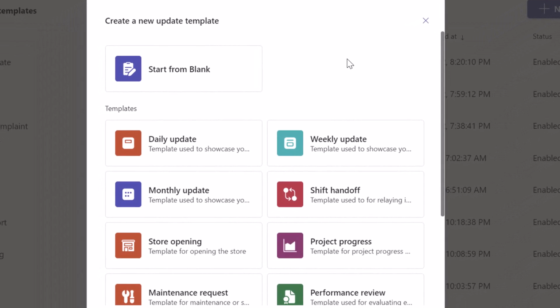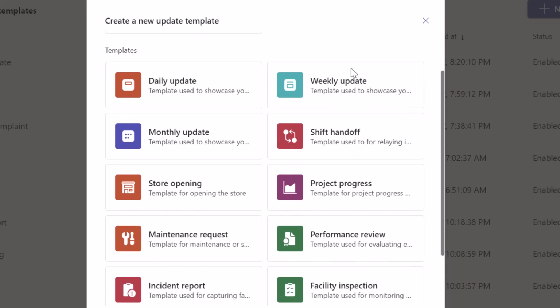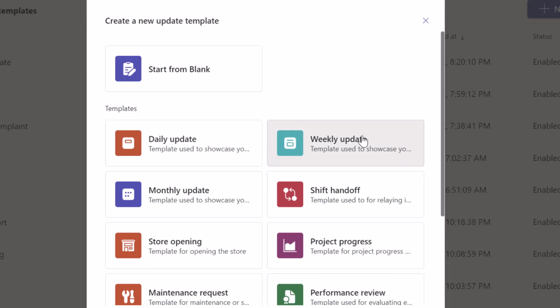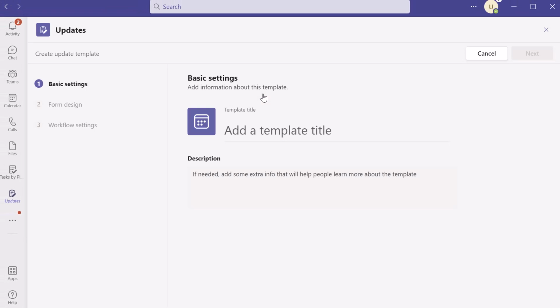Now you can create a custom form by copying an existing template. So if you were to select any one of these templates, it would display the fields that are included on the template, and then you can go ahead and modify that form to meet your specific requirements, or you can just start from blank. Now, we'll go ahead and we'll start from blank. So I'm going to click this,